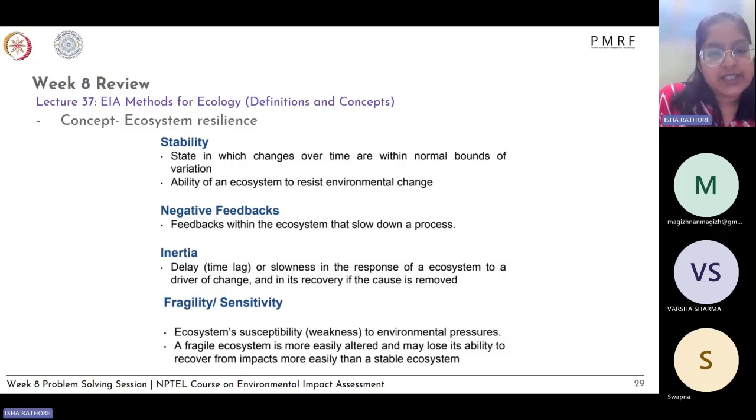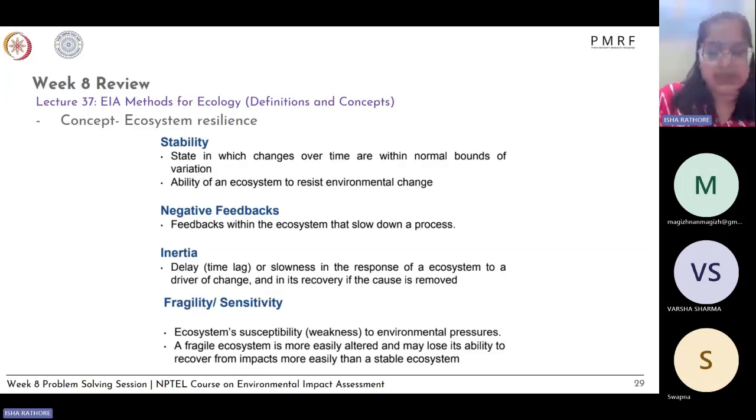Then inertia is the delay or time lag or slowness in the response of an ecosystem to a driver of change and in its recovery if the cause is removed. Fragility or sensitivity, another ecological ecosystem resilience parameter, is the ecosystem susceptibility or weakness to environmental pressures. So a fragile ecosystem is more easily altered and may lose its abilities to recover from impacts more easily than